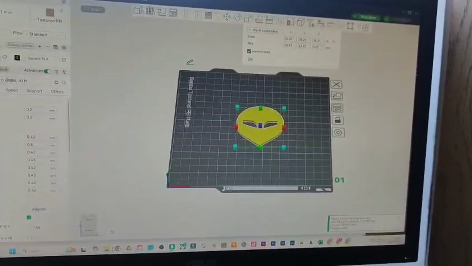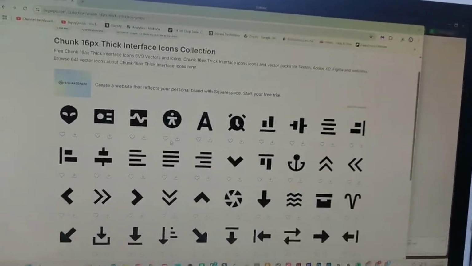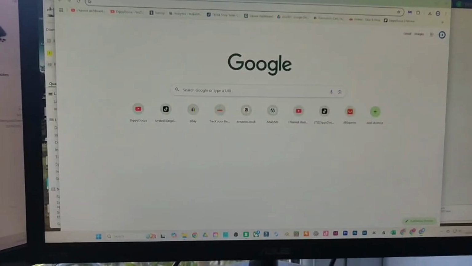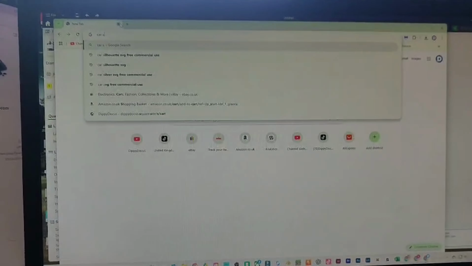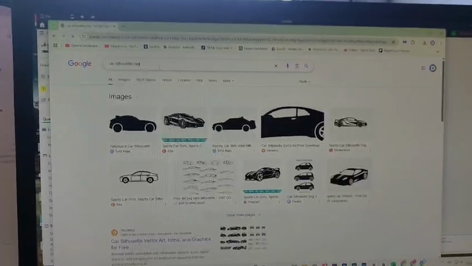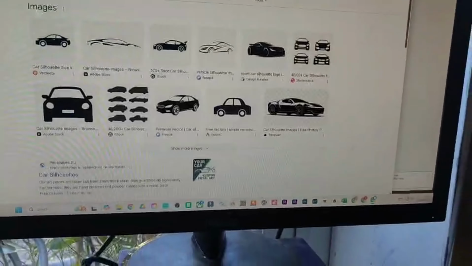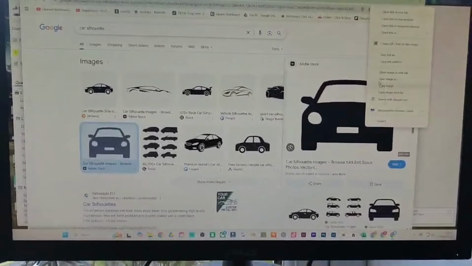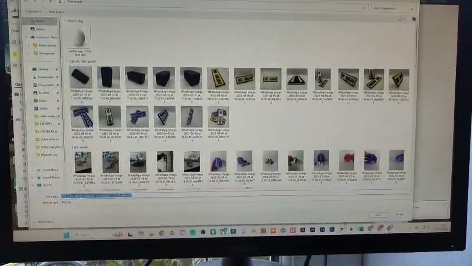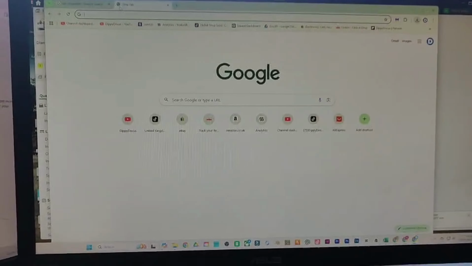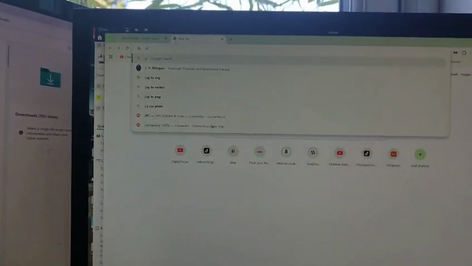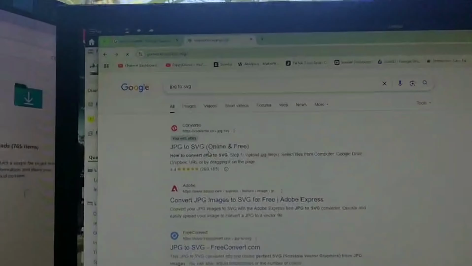But now let's show you how you can get a JPEG into an SVG. So we're just going to search up something like car silhouette. We'll put that as a JPEG, so you know. So here's a nice simple car. We'll download that there, save that in there. Then you're going to want to go ahead and just type JPEG to SVG, and the website is